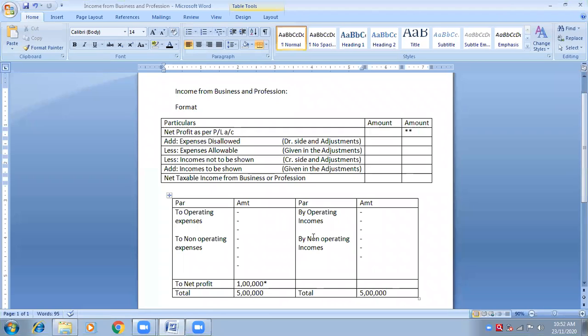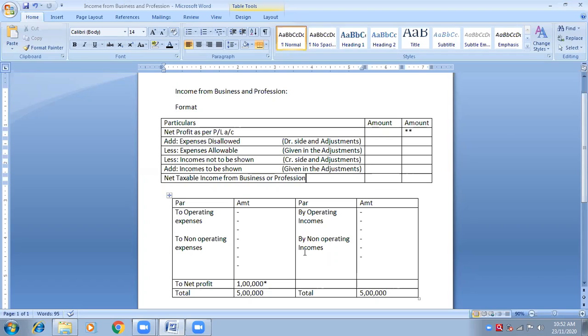In the question, this net profit, how did we calculate it? All incomes are to be added. But in the incomes, some are non-operating incomes. Some incomes are added that are non-operating, and we don't want those incomes. Things that are added and we don't want, we will deduct. Very simple. Things that we don't want, we will remove.